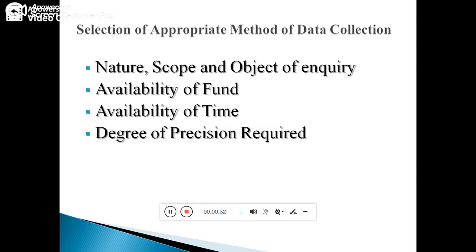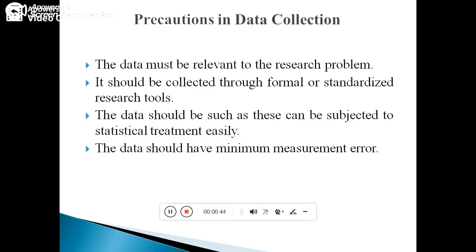So in data collection, the main and foremost thing is the precision of the data. If we get garbage data, then we have to take precautions. The data must be relevant to the research problem. Irrelevant data is time consuming and also resource consuming. It should be collected through formal or standardized research tools. Data should be such that it can be subjected to statistical treatment easily. You should have minimum measurement